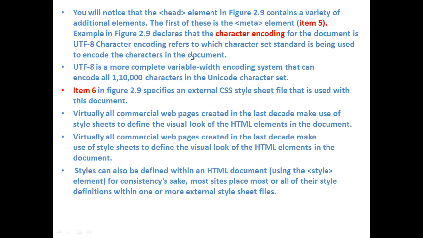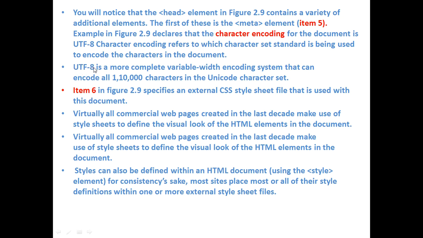You are sending your HTML page from a server to the client, so there is a communication from the server to the client. When it is communicating, the data of your web page should not be carried off by other persons or intruders. For that reason, you should use encoding, or something like a character encoding. That is UTF-8. It is one version.